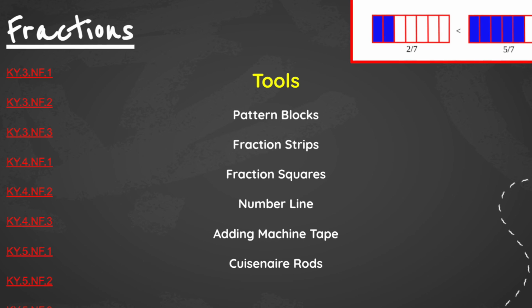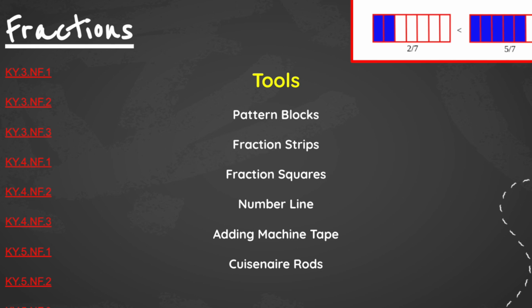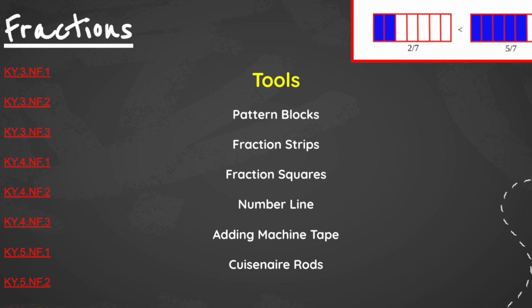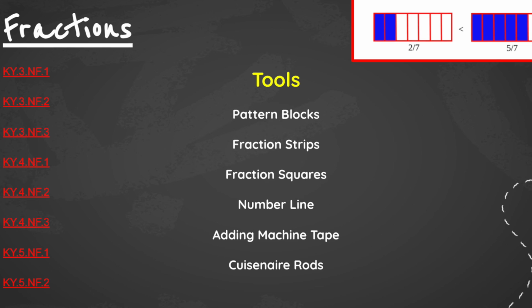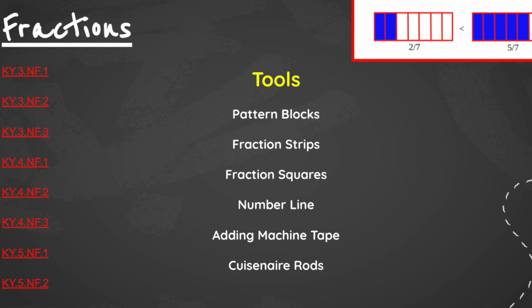And then of course, you can use just strips of paper. You can take a strip of paper, and I've just got an index card, but cashier tape works really well, and you can just fold it until you have your halves. And you can fold it again. And it's really good to have the kids fold if it's possible for them to do that. And here you've got your fours. Okay, so that's just some tools, kind of covering the tools.